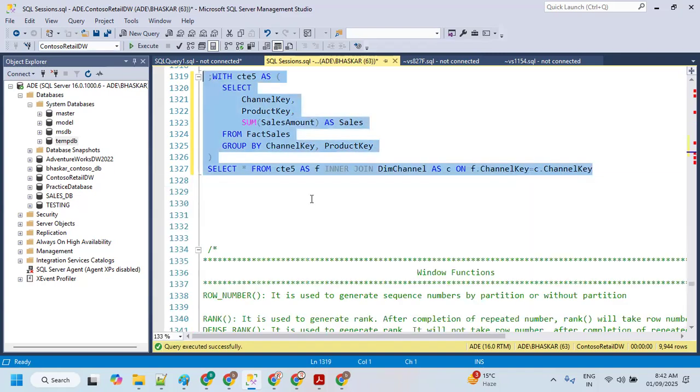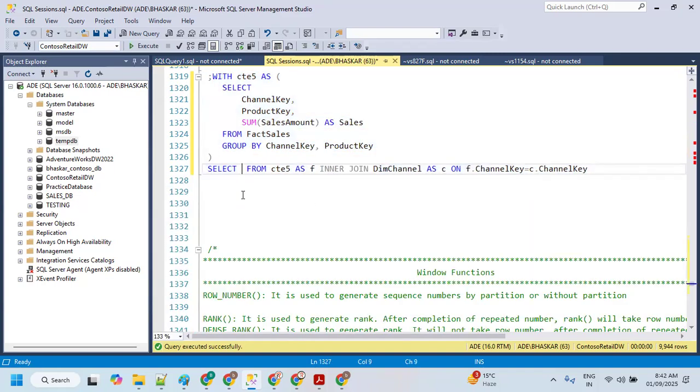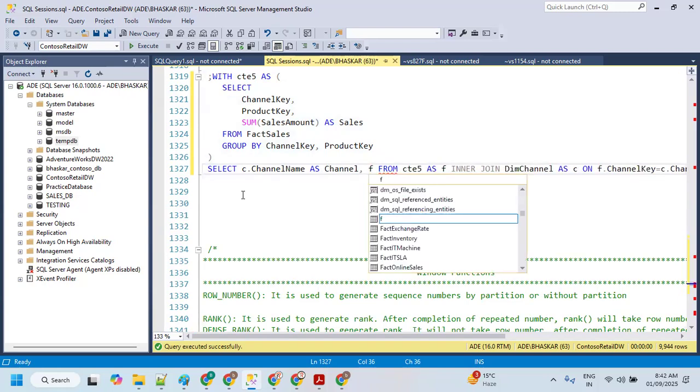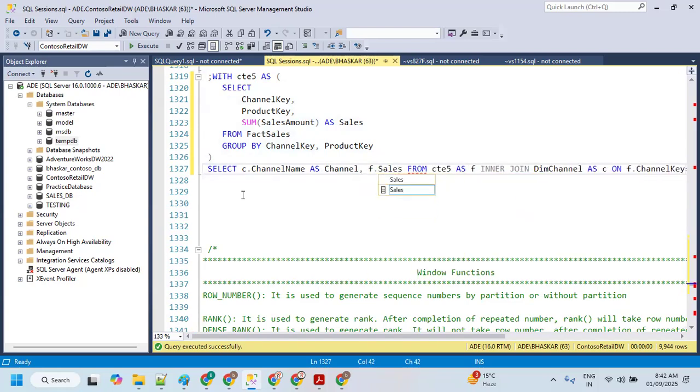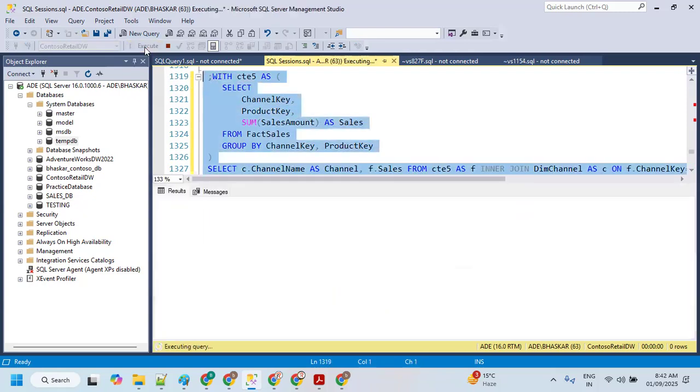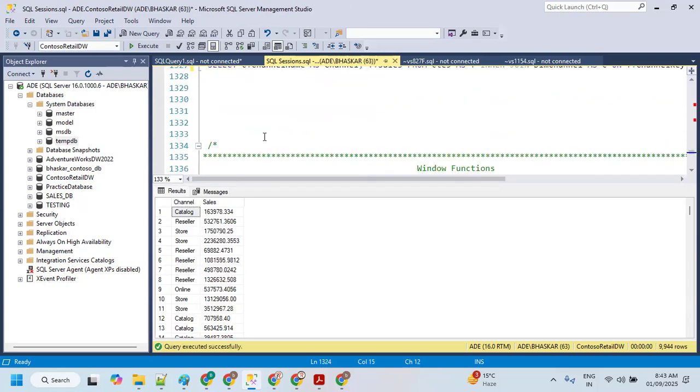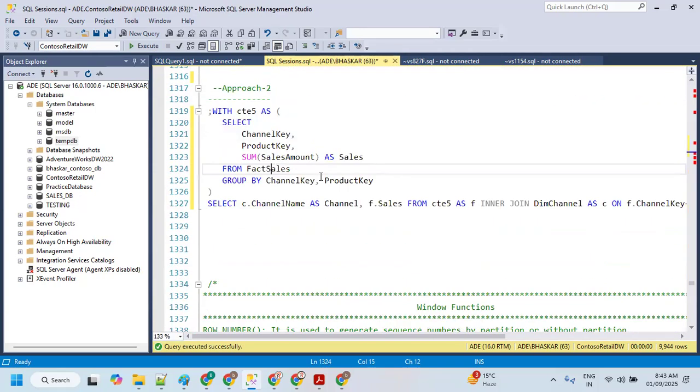I don't need all of them. I need to have only a few columns. So I'm going to say C dot channel name as channel and F dot sales. Now, if I execute it, it is going to show only limited columns. And I need the product name also. So in order to get the product name,